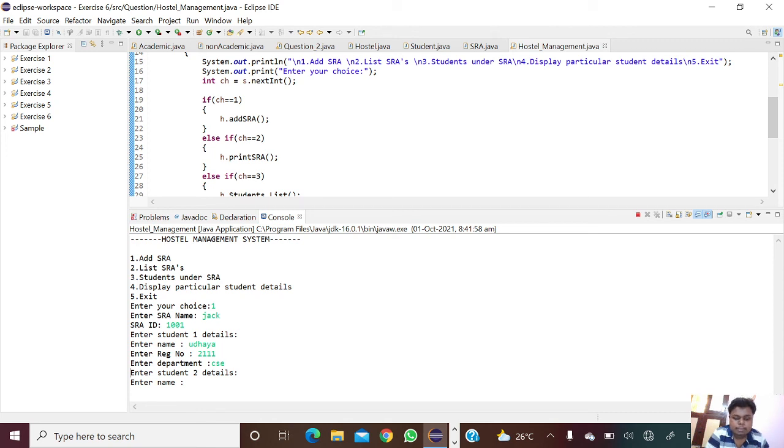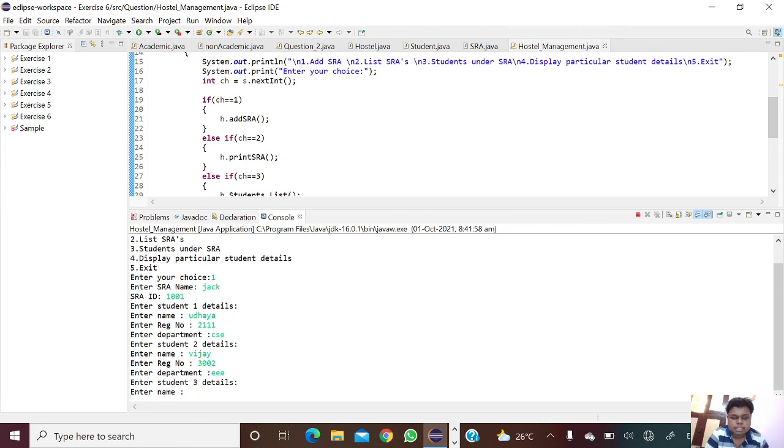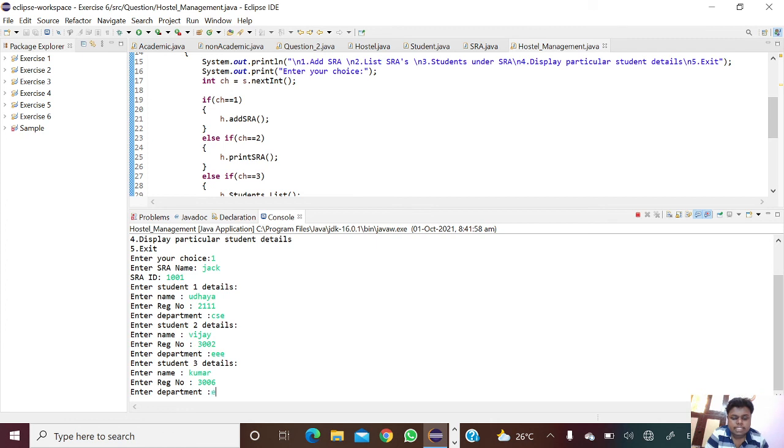So giving a name as Vijay, and register number is 3002, and department is EEE, and enter student 3 details. So giving name as Kumar, and register number is 3006, department is ECE.